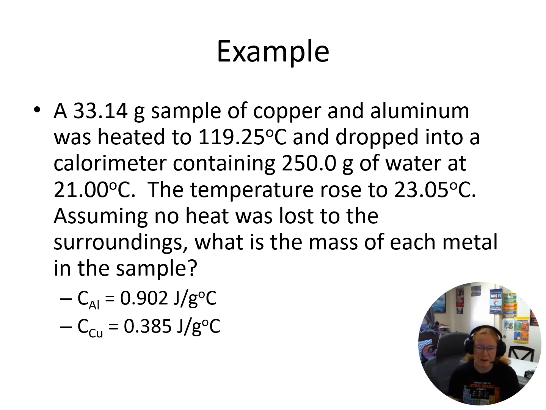So we're assuming that no heat was lost to the surroundings. We want to know what the mass of each metal in the sample was. We've got the specific heat capacities of both copper and aluminum here. Okay, so we know a few things. We know that the mass of the metal is going to be equal to the mass of copper plus the mass of aluminum, and that is the